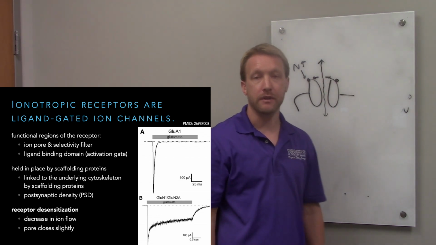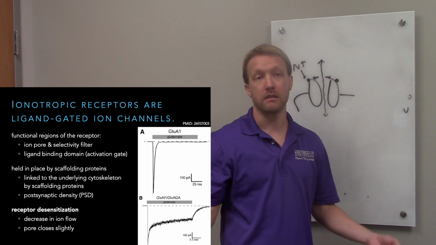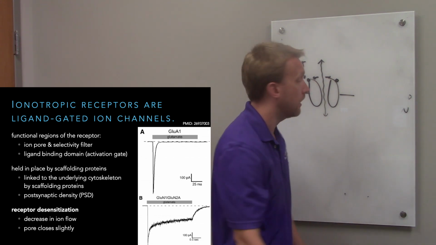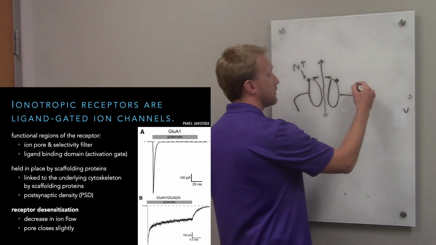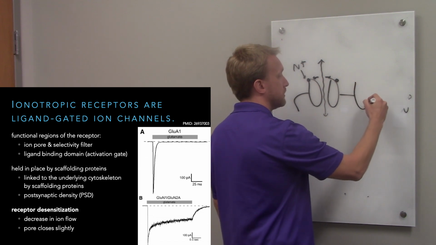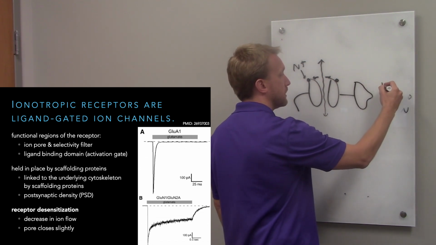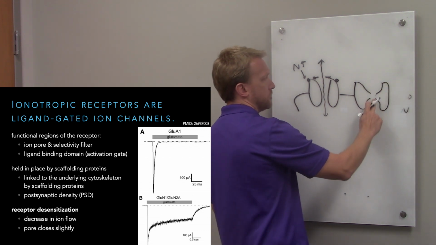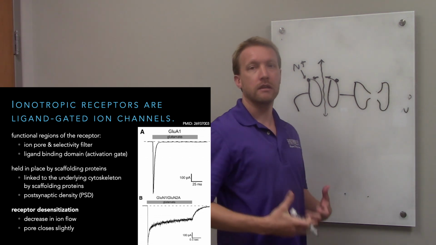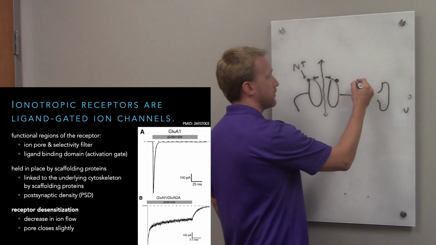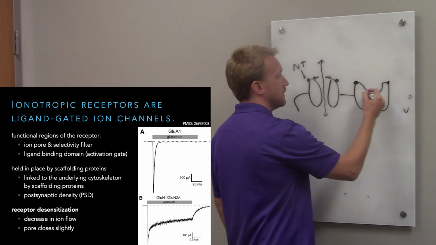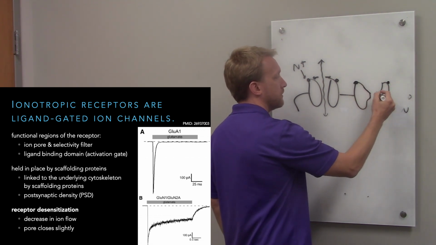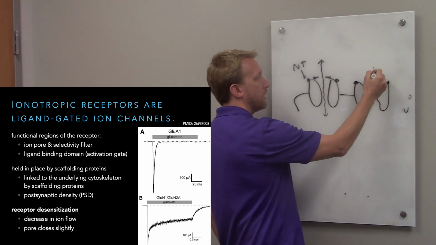After some period of time, and this depends on the receptor we're talking about, the pore is going to relax a little bit. There's our relaxation. So imagine that the ion channel is kind of like sucking in its gut when the neurotransmitter binds. But eventually you get tired of doing that and your gut sticks back out, and now ions move, but